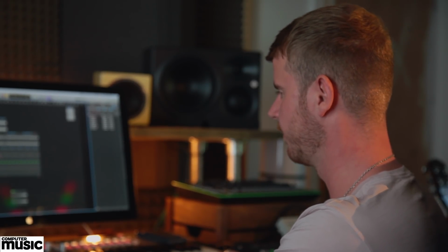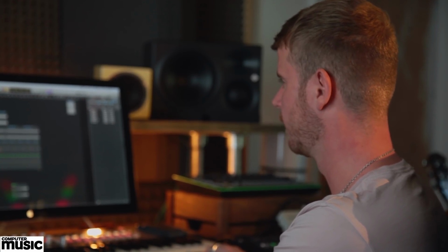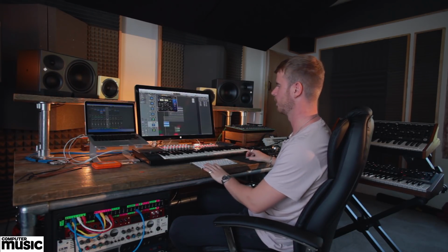Actually, I'm going to change my mind. I'm going to use this API compressor. Again, turn the analog setting off. So it's nice for pulling out the top end of the sound and just tightening it all up, because